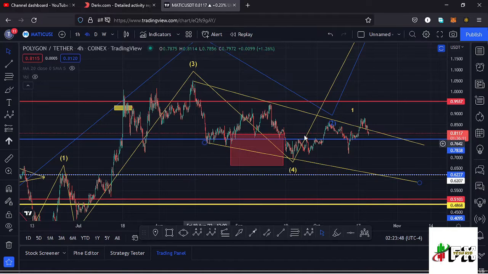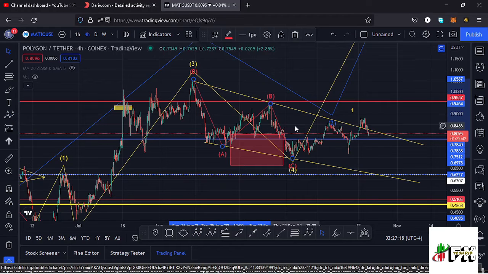And within a wave 4, which is a corrective wave, I also expected to see an ABC corrective movement, and I believe we are also seeing that movement right here, having this as the wave A, then a wave B making our high at around the $0.94 mark. Then we continued pushing lower and made our low at around the $0.69 mark in the formation of our wave C. Having seen the formation of that wave C to the lower side, I believe we have completed the formation